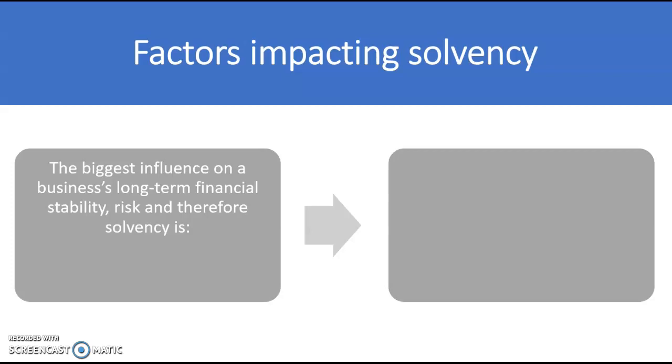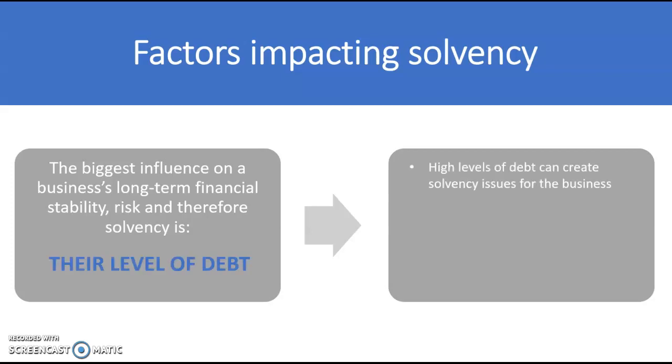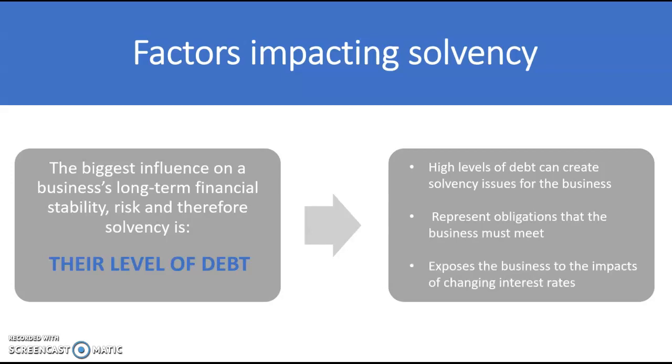So the factors influencing or impacting solvency. The biggest and most significant influence on a business's long-term financial stability, risk, and therefore solvency is their level of debt. As said before, high levels of debt can create solvency issues for the business. This is because they represent obligations that the business must meet. Not only do they have to meet those obligations, and that has cash flow implications for the business, but it also exposes the business to additional risk if interest rates were to change, and that would increase their outflows and